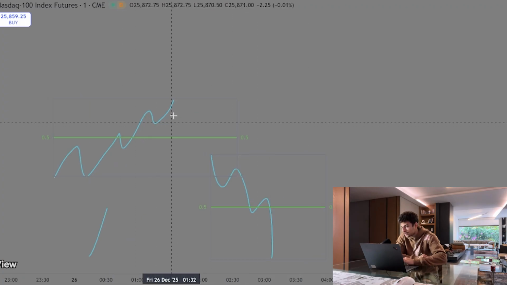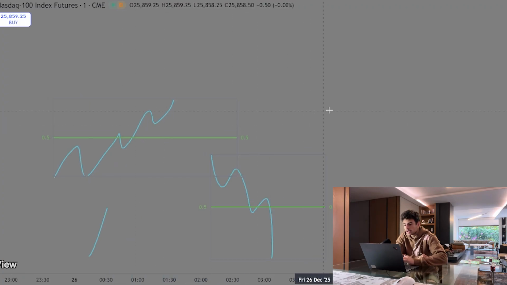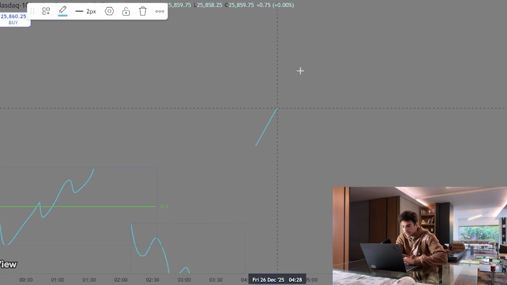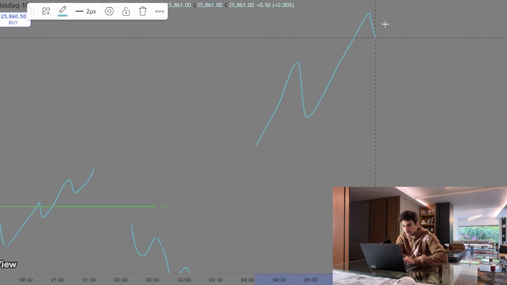If price fills back here, that's not good, because what's going to happen the majority of the times, let's say you enter, all good, and then price tests here, it goes up, you think you're gonna go well, and then